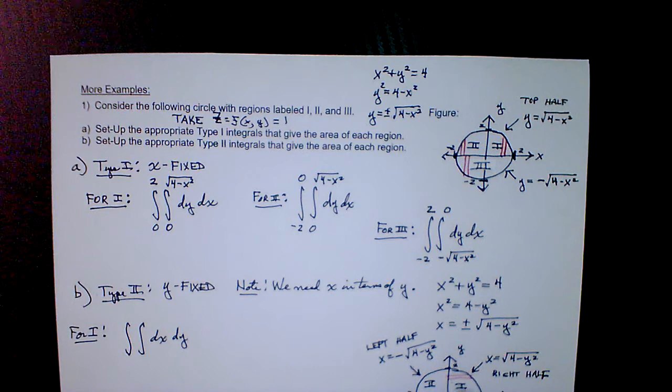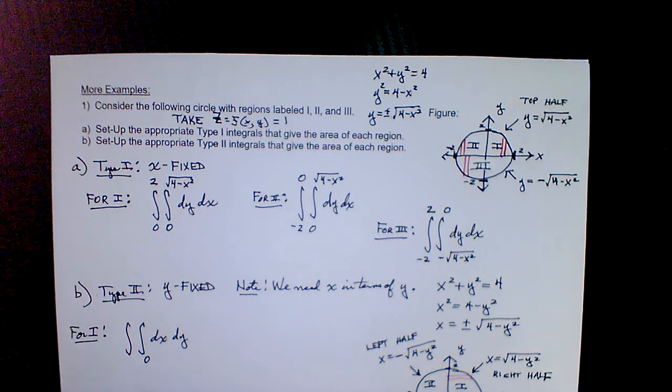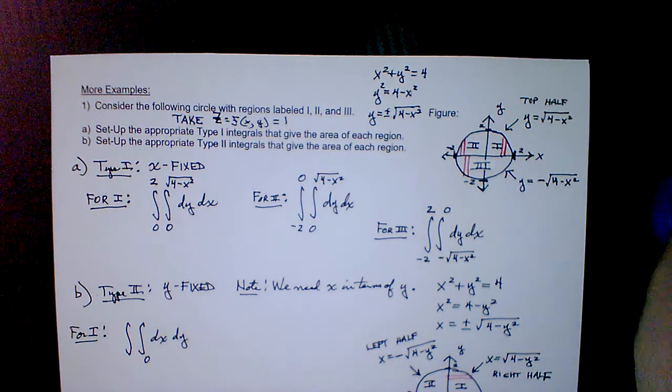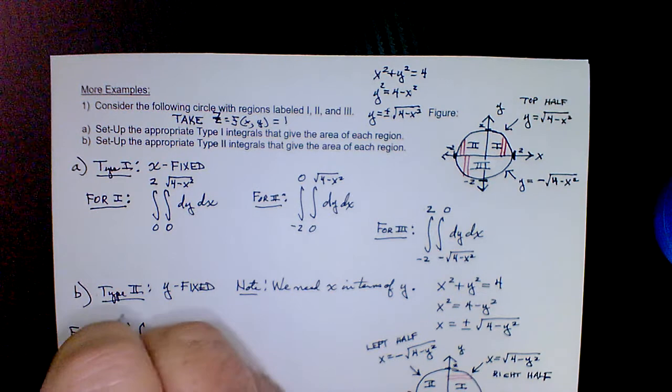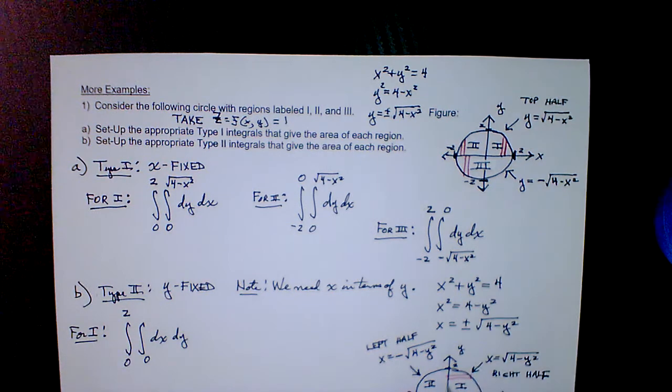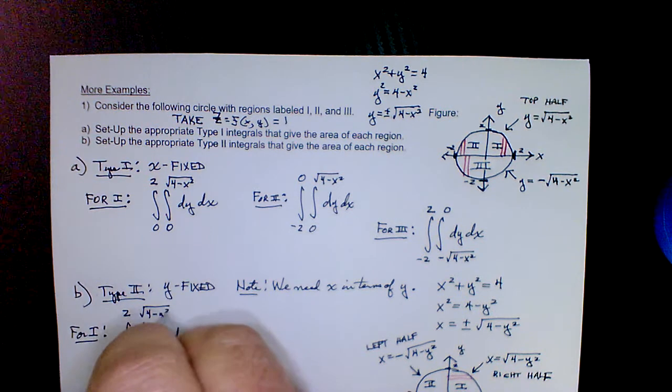We're going from 0 to the function in the x direction. If you want to take care of the y's first, you're going from 0 to 2. That's the outer limits. And then 0 to the function, which is the positive version of the square root of 4 minus y squared